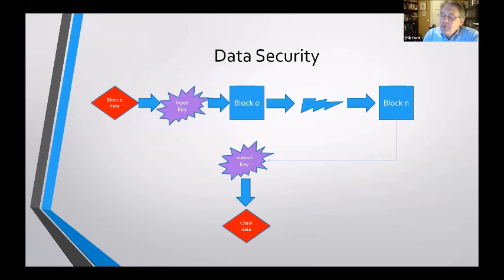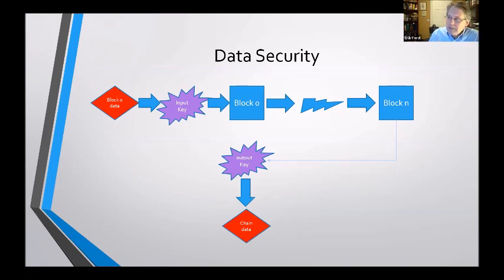Yeah, so if you go back to this slide, that's where the security keys become important, because the data in the chain is not readable to the network nodes and the block creators. So in order to put data in the chain, you have to have a key to put it in. It becomes encrypted.